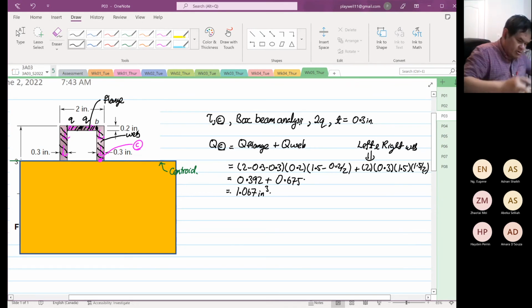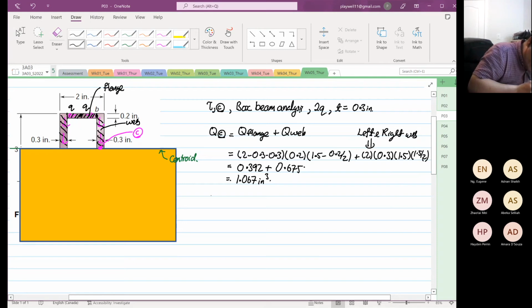Then from here, we realize that this is also equal to our Q max, right? It's much bigger than at point A for sure. So now the shear stress at point C is equal to V over I, the same, right? Q is equal to